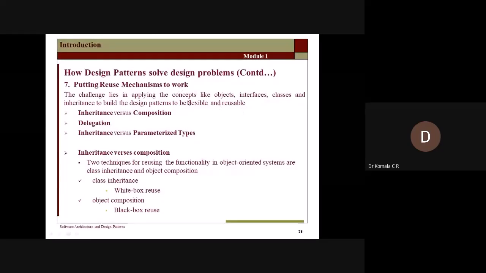That means concepts like objects. What are the different types of objects you use? What operations are you going to perform? All the concepts need to be known, and how the interface is given for the clients, how the interface is provided between the clients and the subsystems, what the different classes are, how inheritance takes place from superclass to subclass, and how the builder pattern works, how the software construction process is separated between each